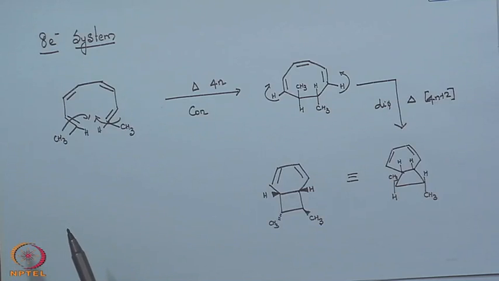So, this is the 8 electron system. Now, you have seen 4 electron system, you have understood 6 electron system, you have understood 8 electron system. So, you know this Woodward Hoffmann rule of 4n system can be applied and your 4n plus 2 system can be applied. 4n very clear, on heating gives you con, on photolysis gives you dis. 4n plus 2 on heating gives you dis and on photolysis gives you con, just the reverse. Okay. Any doubt up to this?